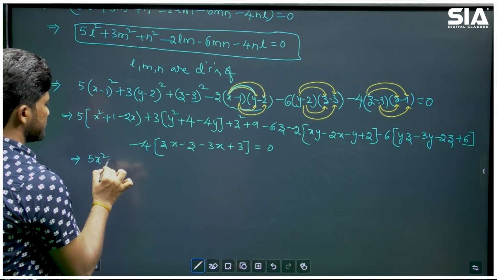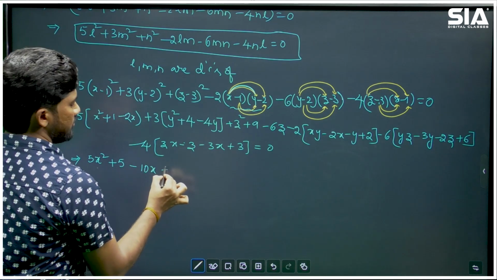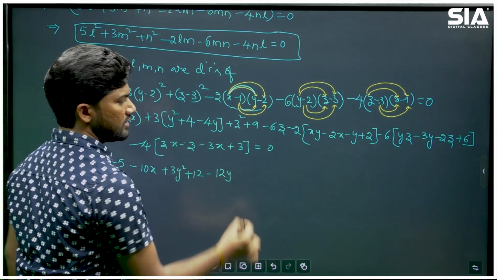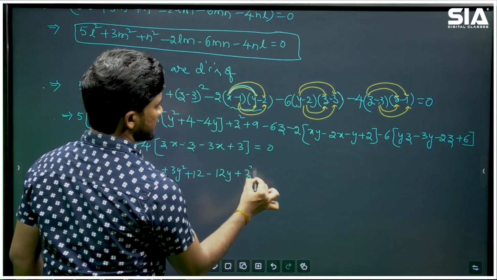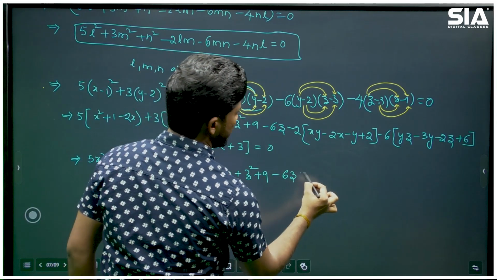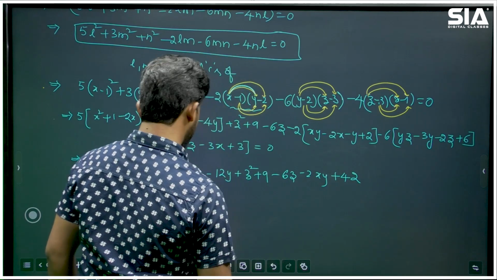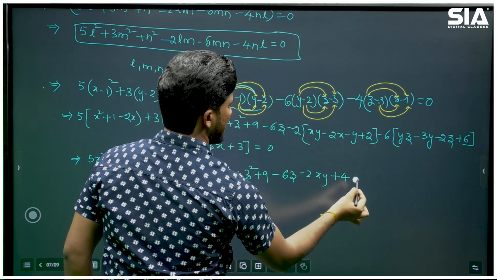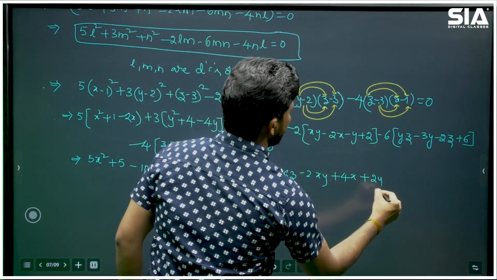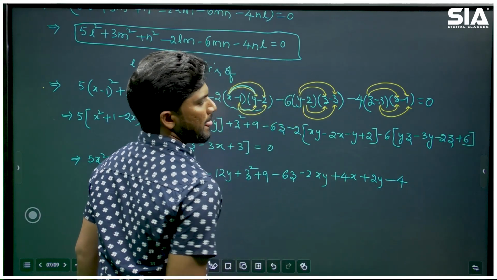5x square plus 5 into 1, 5, minus 5 to the 10x, plus 3y square, 3 4 the 12, minus 12y. Next z square plus 9 minus 6z, minus 2xy, minus into minus plus 4 to the minus into minus plus 2 to the 4x, minus into minus plus 2y, minus into plus minus 2 to the 4, minus